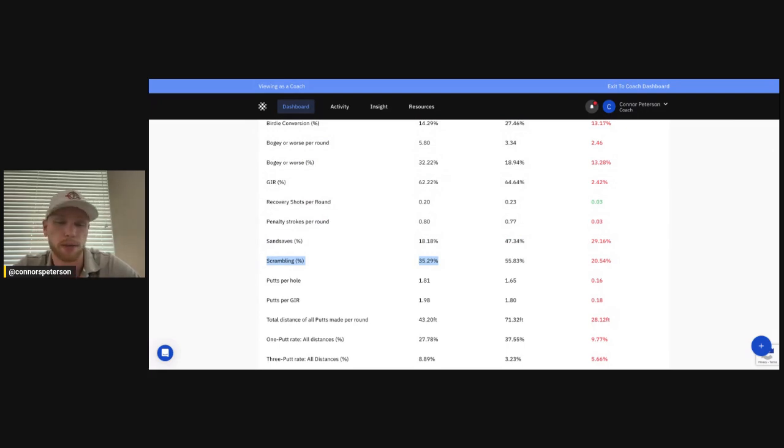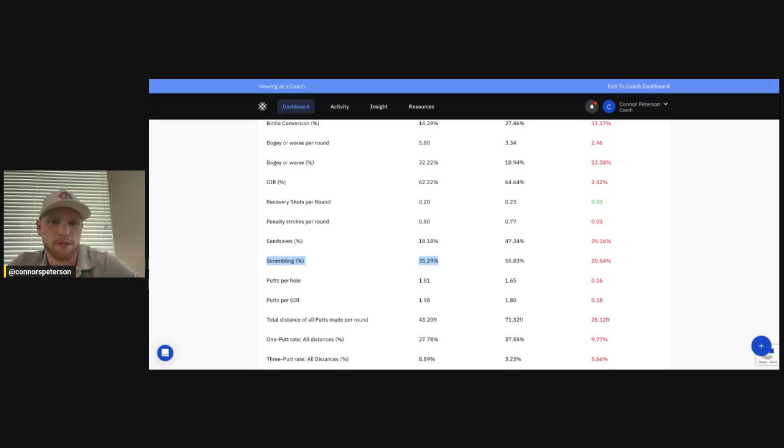Not necessarily for understanding short game per se. Controversial take that I have, short games are not really that important. Mostly because if you want to be an elite player, then you're going to need to hit a ton of greens. And as you hit more and more greens, your ability to get up and down matters less and less because it happens less and less frequently. And it also is primarily dictated by your ability to leave yourself in good spots. Kind of like when you're putting off the fringe and it counts as an up and down,